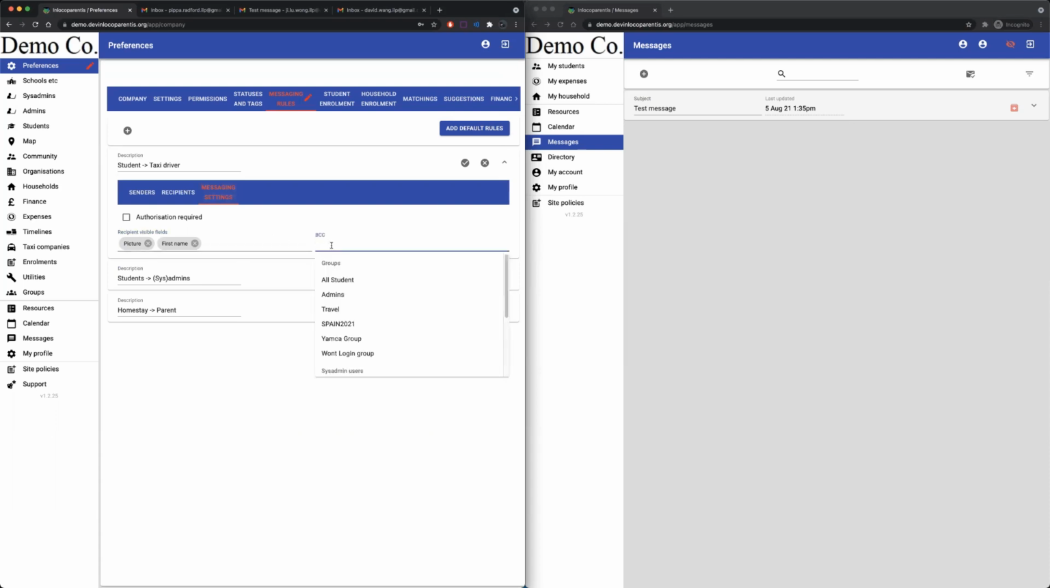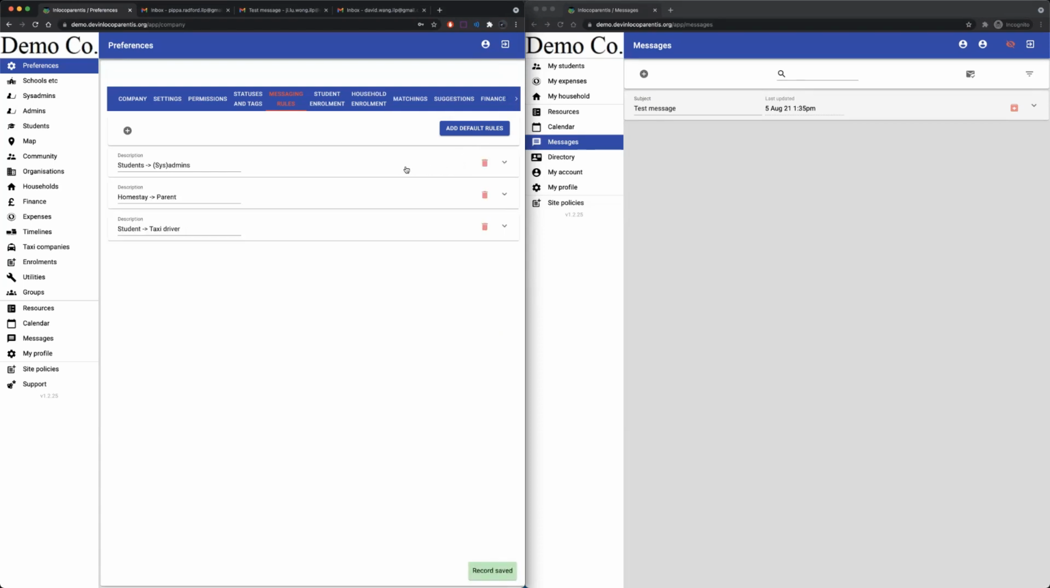And I'm definitely going to BCC myself in on this. I could BCC any of the sysadministrators, but let's BCC. I'm going to authorize, I would normally set that on. In this particular case, I'm going to leave that turned off. Now, because this is reasonably controversial, students messaging taxi drivers, certainly as far as child protection goes, within the settings